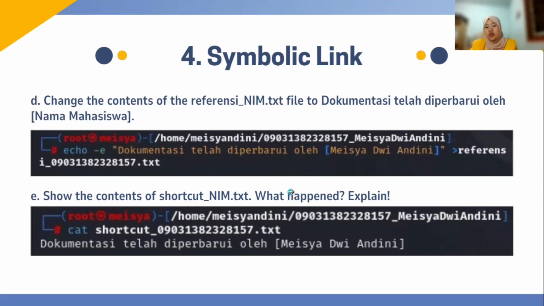So when the content of the original file referensi_name.txt was updated, the change was also visible when accessing the symbolic link shortcut_name.txt, because the symbolic link always refers to the latest version of the target file.